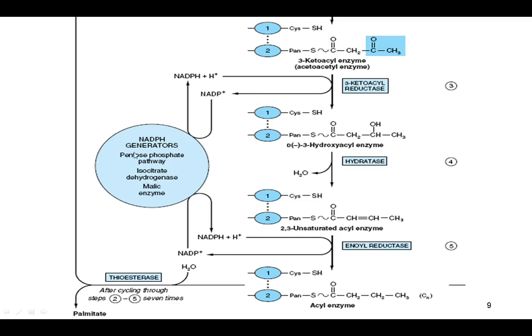This NADPH comes from, this is also an important question, 3 different pathways or enzymes. From where all is it from? Pentose phosphate pathway. This you must have read in carbohydrate metabolism. Next, it comes from isocitrate dehydrogenase. Third is malic enzyme. Okay, so from these 3 reactions, NADPH generation happens, and that NADPH is utilized in the